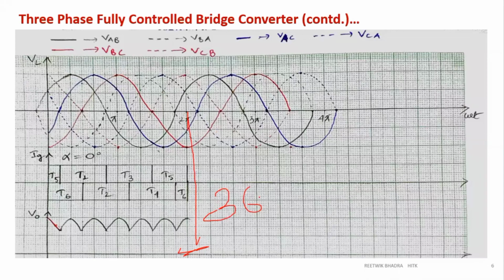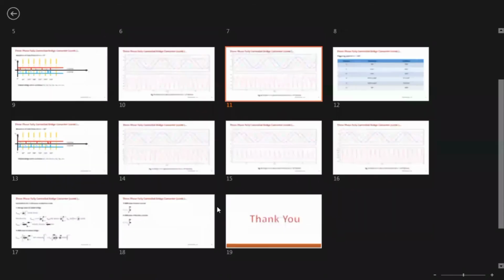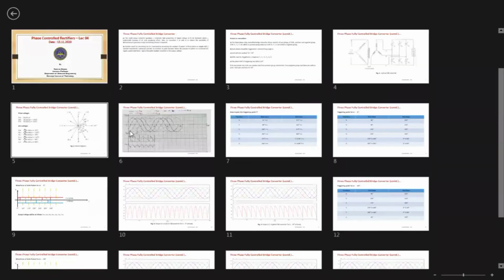2 pi, 360 degree. After this, it will repeat again and again. For every 2 pi cycle, the waveform repeats. So time period is 2 pi. So 1 by 2 pi, 0 to 2 pi, v omega t, d omega t. Now we are calculating the average voltage. Now, again going back to the figure, understood why time period is 2 pi? I clearly told you. Now again going into the graph.